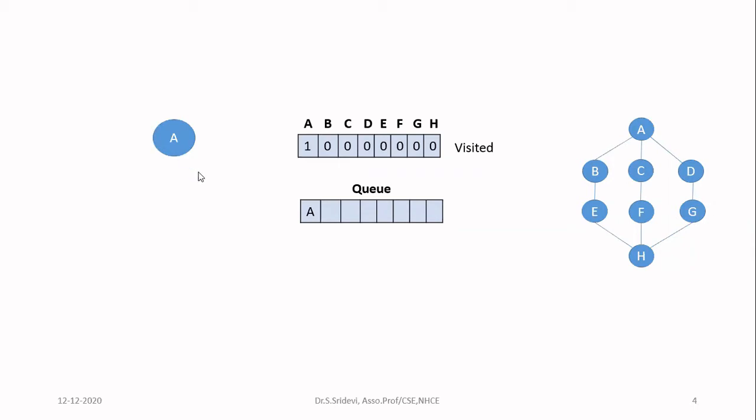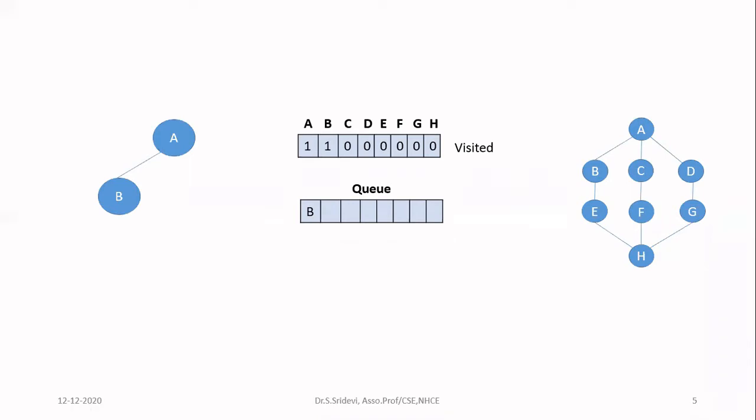So next, what you're going to do? You're going to explore this node completely. So what is the meaning of exploring the node completely is, you remove the node from the queue. After that, you go and check all the neighbors of that particular node. So now I'll be removing this node A from the queue. When I remove A from the queue, then I will check which are all the nodes I can reach from A. So that is done with the help of the adjacency matrix only. We are drawing the adjacency matrix only to know which are all the neighbors. So in the adjacency matrix, you have to check in the row of A, in which column you have 1. In whichever column you have 1, in the row of A, it means that those nodes are your neighbors.